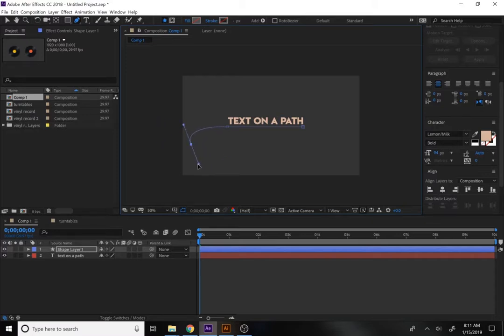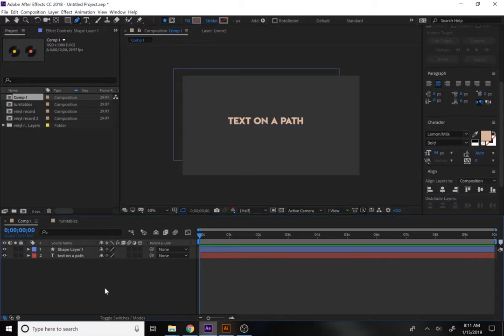Just to give it a little circuit around the artboard here, or the screen, as it were. Okay, so essentially what we want to do now, we have our shape layer here. First off, let's go over to our text on a path. Now, the idea with the text on a path is that when we go to our text, we have what